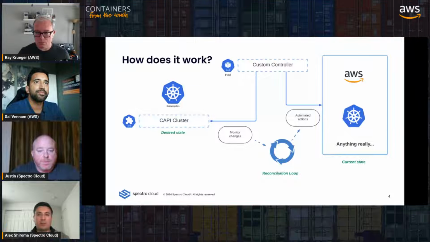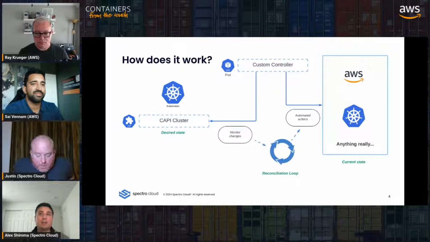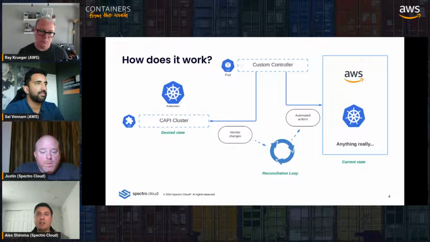Yeah, absolutely. Cluster API, as Justin mentioned, is the foundational framework for what Spectro Cloud Palette is built upon, and ultimately we integrate uniquely with and extend. But we actually talk to a lot of our customers who aren't super familiar with Cluster API, so I wanted to level set and make sure everybody's aware of what ultimately it is.